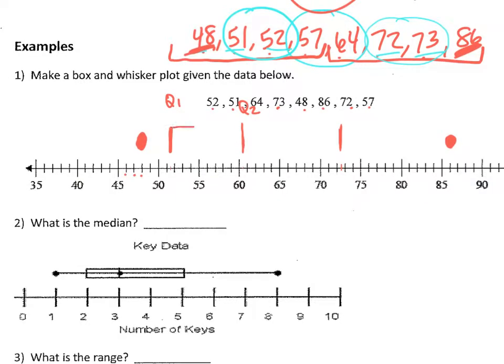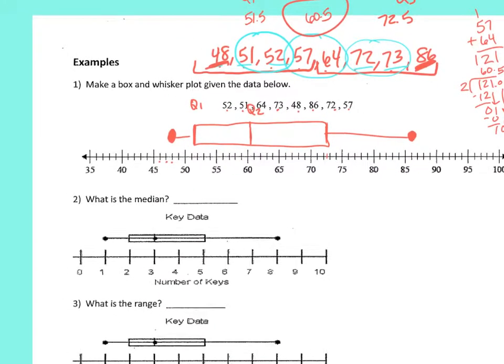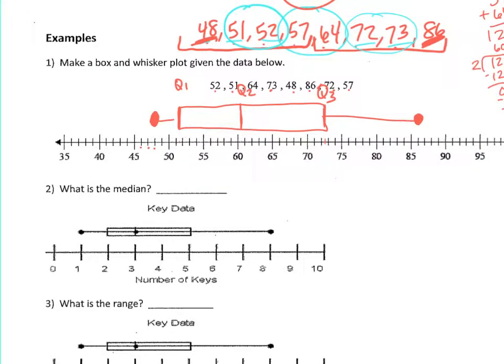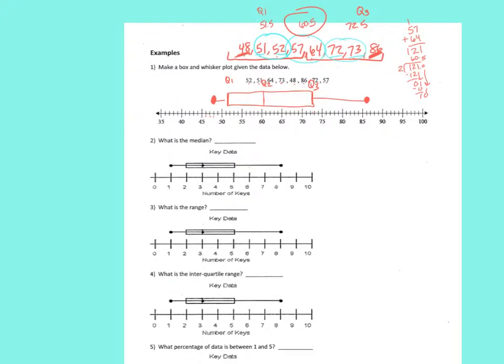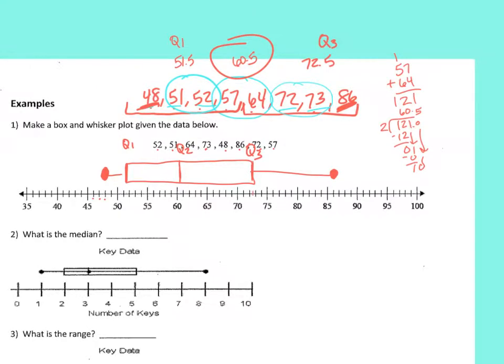Okay, so you can make your box and whiskers. Okay, so you've got Q1, Q2, Q3, your minimum, your maximum, and you guys can go ahead and go through because I feel like y'all are getting it pretty